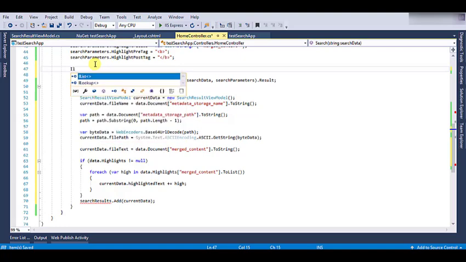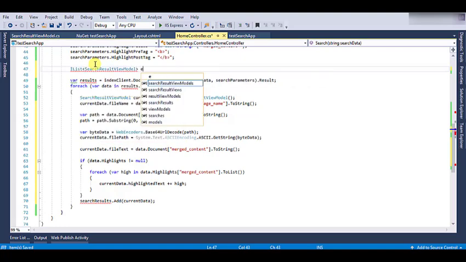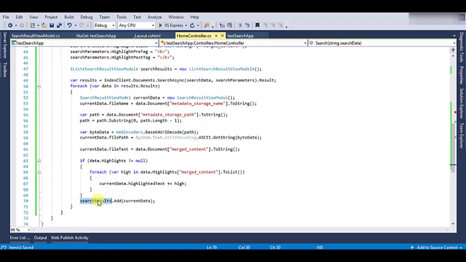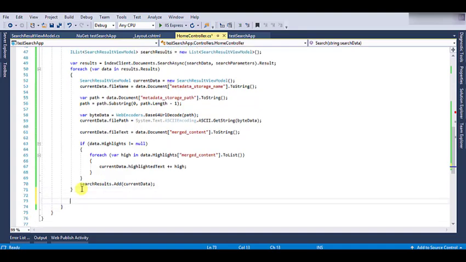So I will create search results, and in the end we can get all the results which we have got into the result property in our search result view model. Now for sending the results from the controller to the view, we will use the view bag and the search data property in which all our search results are assigned, and we will return the view.